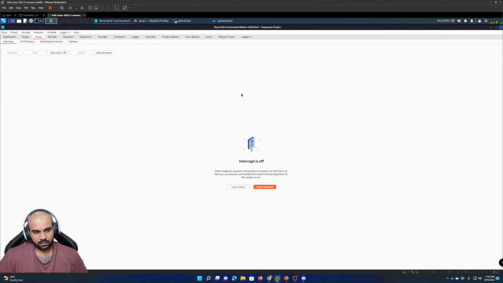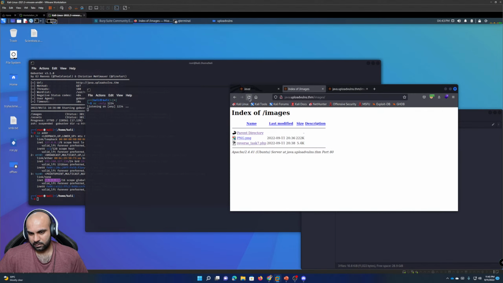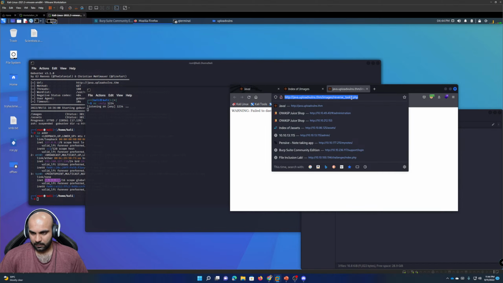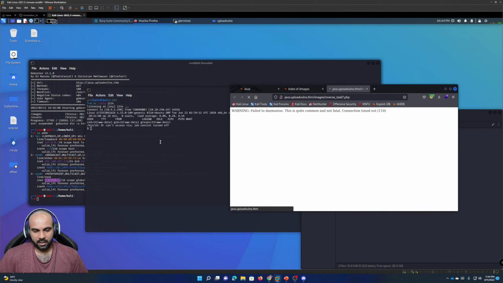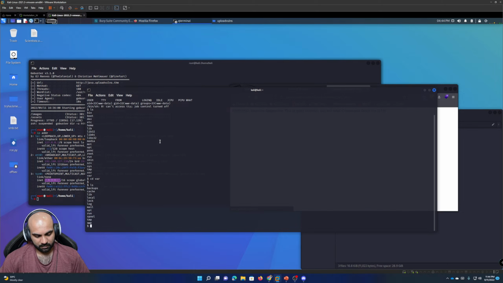And now I'm gonna turn intercept off. Let's go back and see. Yeah, it is again uploaded, 43. And now we're gonna check it again. Now we have a reverse shell successfully. Awesome. So let's see what we have here. They are saying that there is a flag inside the var folder. So let's go to var, ls, www, cd www, ls. We have the flag, so we can go with cat